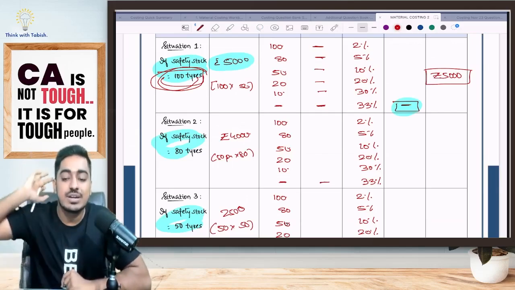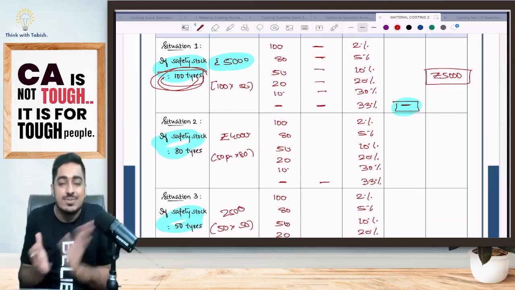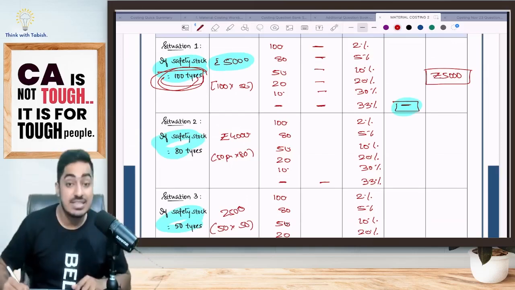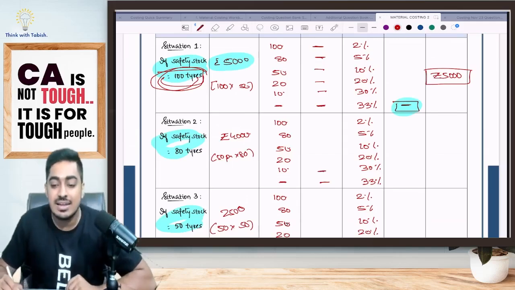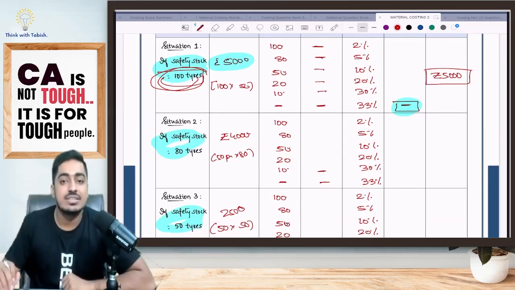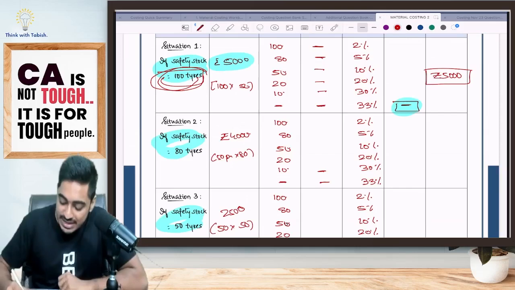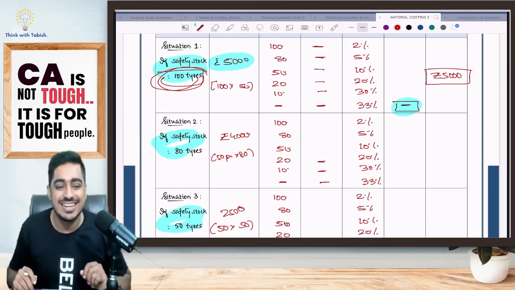Customer comes and asks for 10 tires. Am I having tension? No, I have 80 tires with me. I gave you 10 tires. I'm still having 70 tires with me. No stock out. Yes, your company is happy. Yes or no, everyone? Customer comes and asks for 20 tires. Am I having tension? No. Because why? I have 80 tires safety stock with me. I am giving you 20 tires. Is there stock out? No. I am happy.